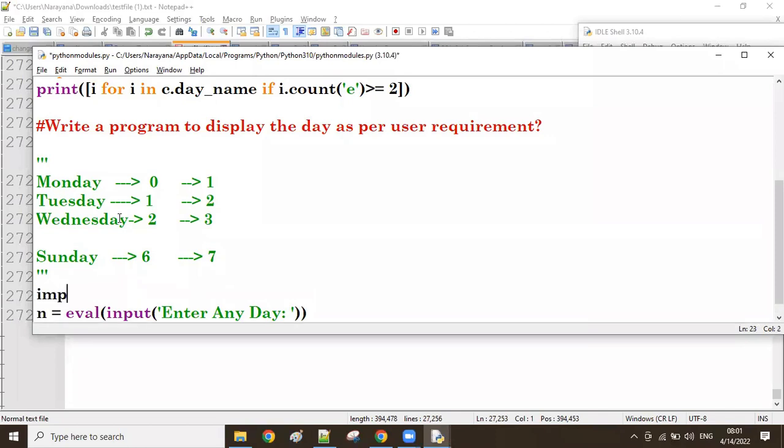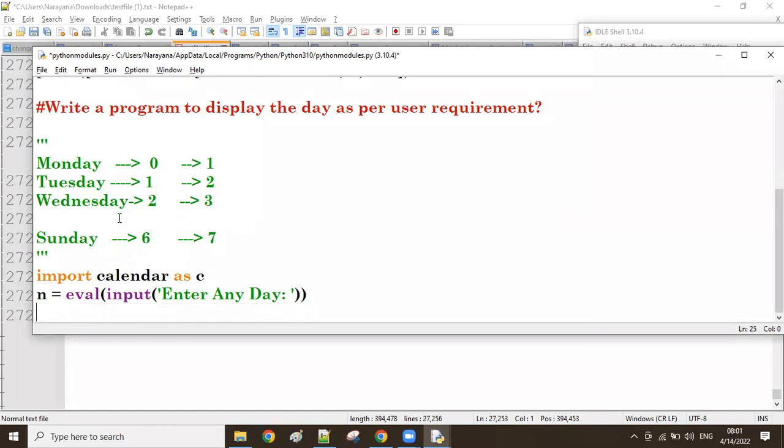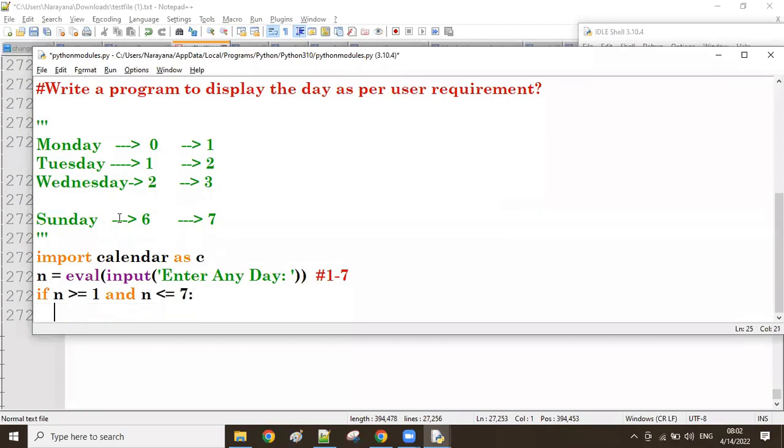So first import calendar as C. He's giving n, which means the number must be 1 to 7 only. Below 1 or above 7, the day is not there. So first of all, n must be greater than or equal to 1 and n less than or equal to 7. In that case,